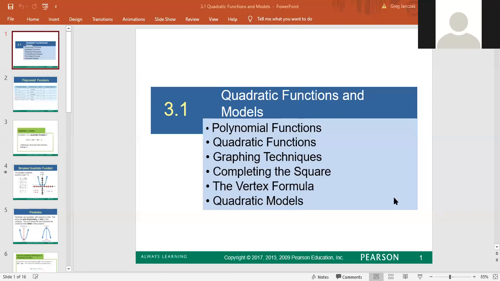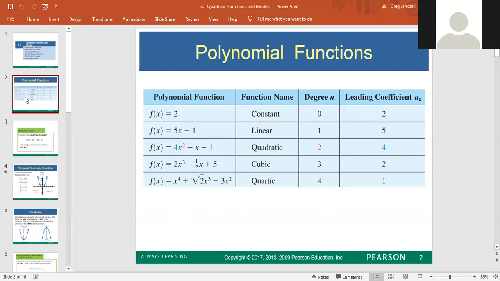We're going to look at polynomial functions, quadratic functions, and graphing techniques. We're not going to do completing the square, the vertex formula, and quadratic models. So basically, polynomials are identified by their degree, and the degree is the highest power